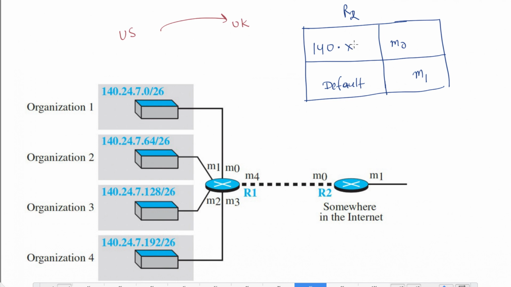So that sort of thing I want to have for R2. For that, what I need to do, I can just merge these four networks into one network. Let me just merge these networks. One of the networks is